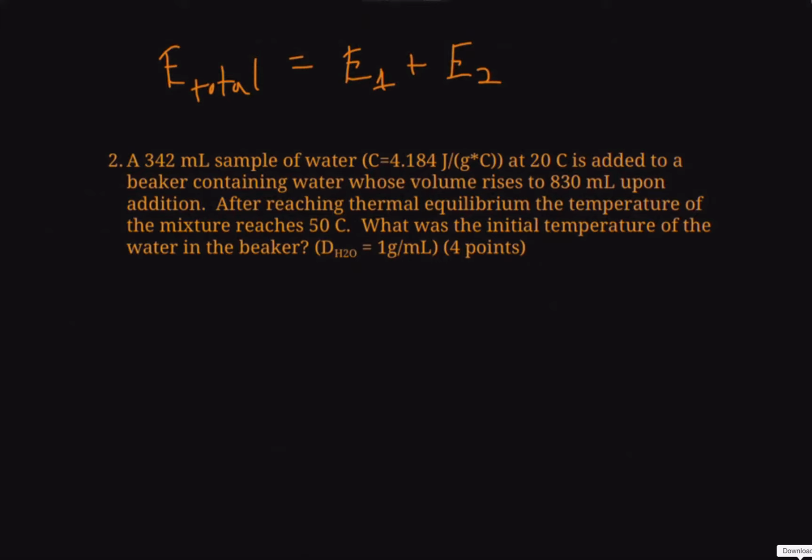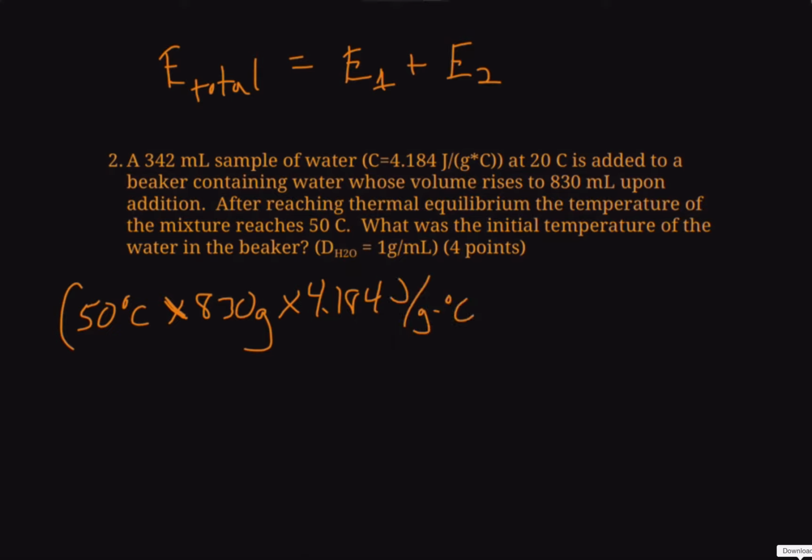So the total energy we're actually given in terms of degrees Celsius, 50 degrees Celsius, times the mass of the mixture, which is 830 grams, because it's 830 milliliters of water. Water's density is 1 gram per milliliter, times the specific heat of water of 4.184 joules per gram per degree Celsius, and that is equal to